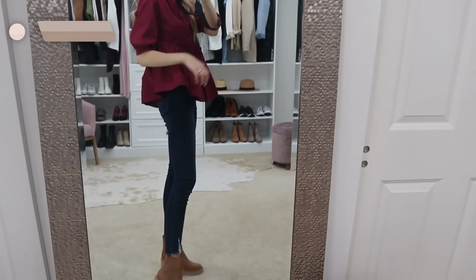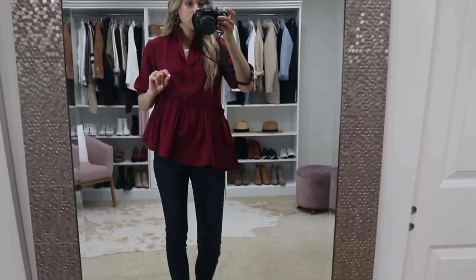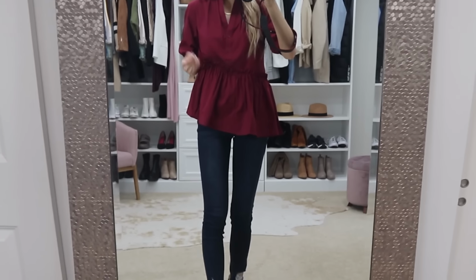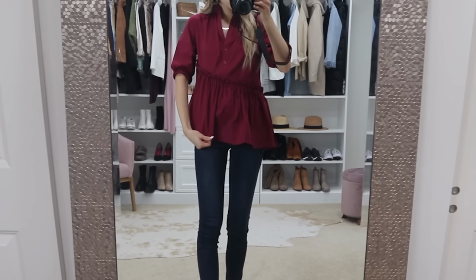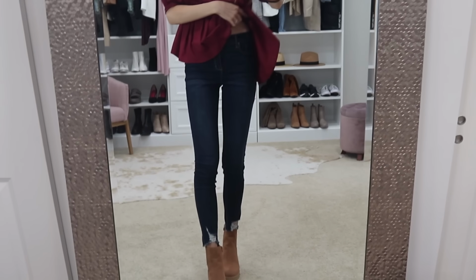And like I said, I got size small, which is my typical size, and I could have easily done the extra small. So if you're in between, size down one. This is just so beautiful. Like I said, great for pairing for work, but then also good taking out into the evening. I paired it with my favorite